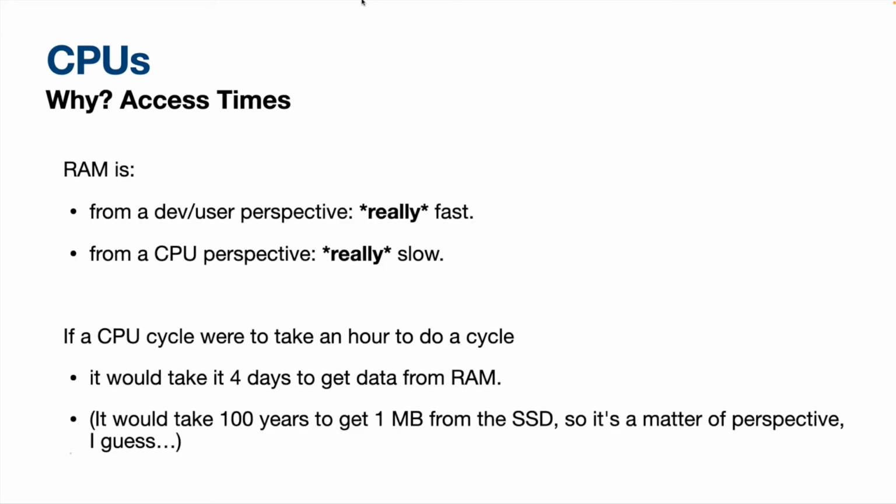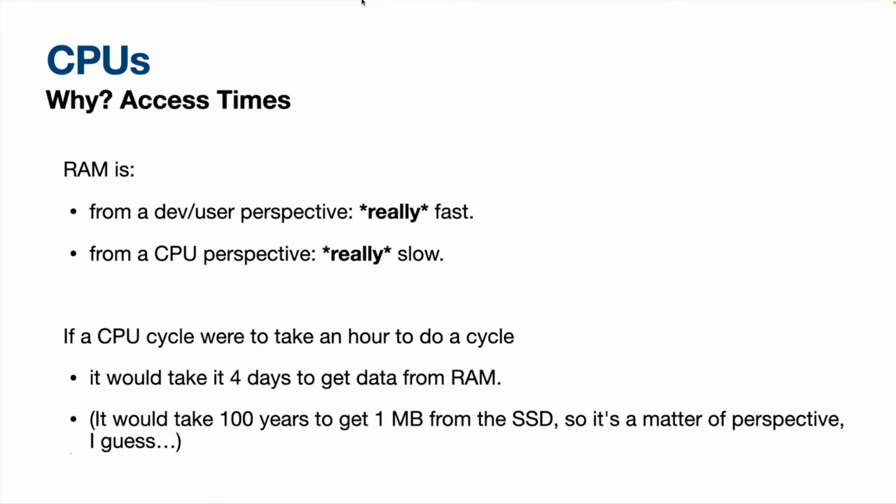And the reason for that is access time. Now, from a human perspective, RAM access is really, really fast. It's blazingly fast. On the contrary, for a CPU, it is painfully slow. I mean, if it takes, let's say, 1 hour for a CPU to perform something, having to get the data from the RAM means that it basically has to take a long weekend vacation before finally getting it. Well, if it gets it from the hard disk, it's a century worth of vacation. So yeah, it's a matter of perspective. But the meaning is that